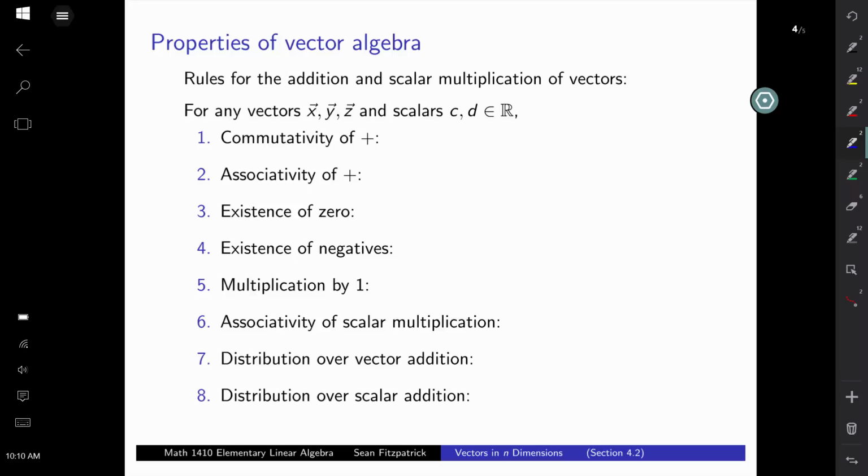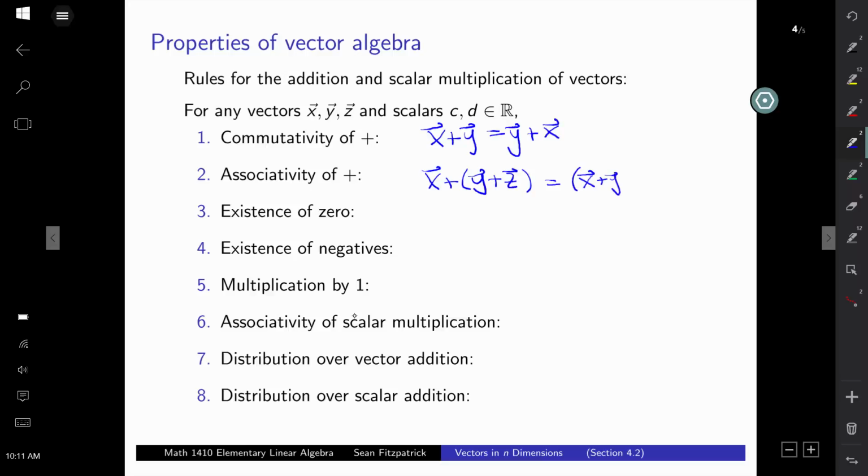So we know that x plus y is the same thing as y plus x for any matrices, so in particular for any vectors. We've seen this before. We know that addition is associative. We know that there's a 0 vector, so x plus the 0 vector is going to be equal to x,